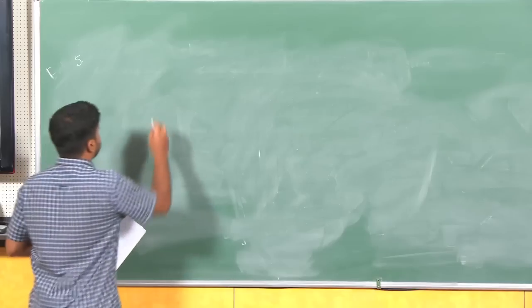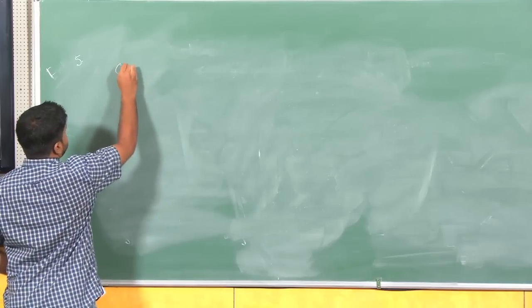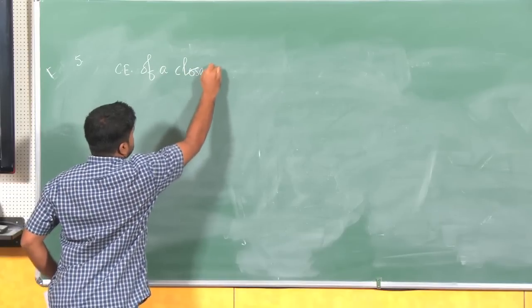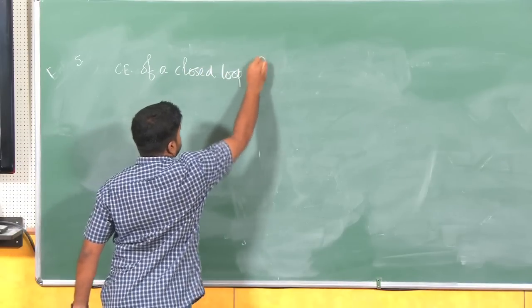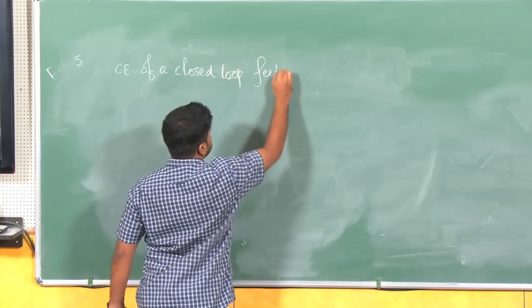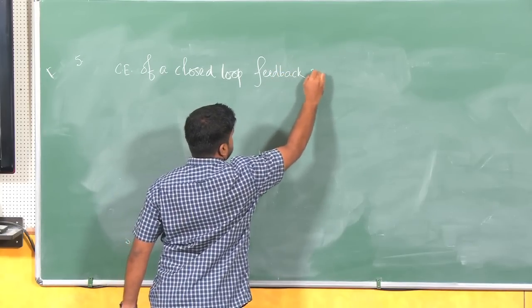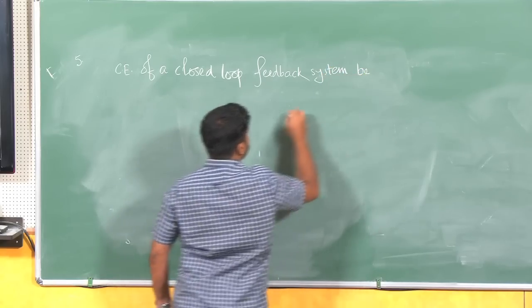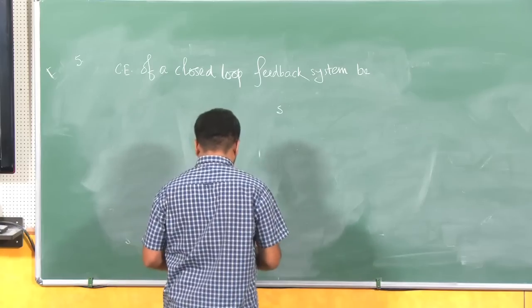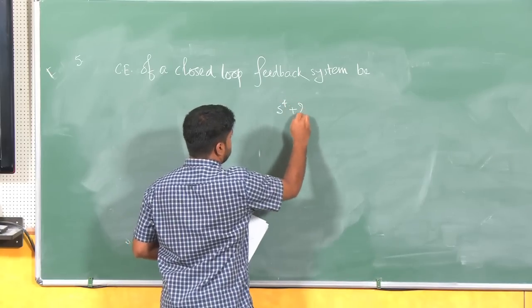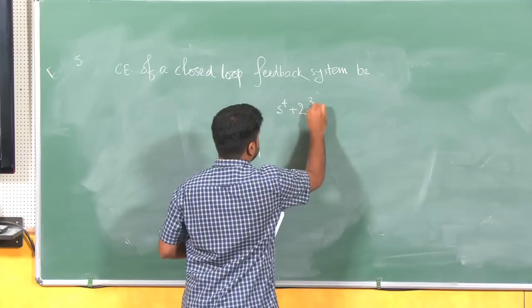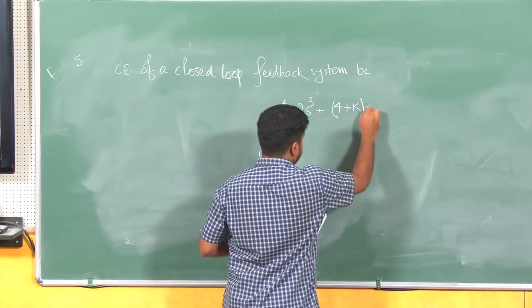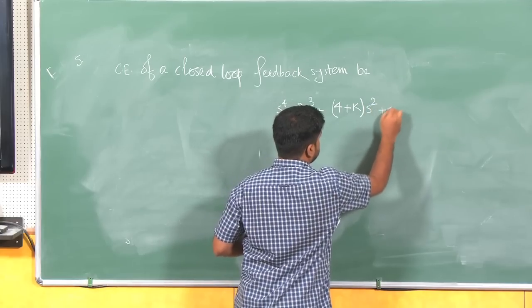So, let the characteristic equation of a closed loop feedback system be s to the power 4 plus 2s cube plus (4 plus k) s square